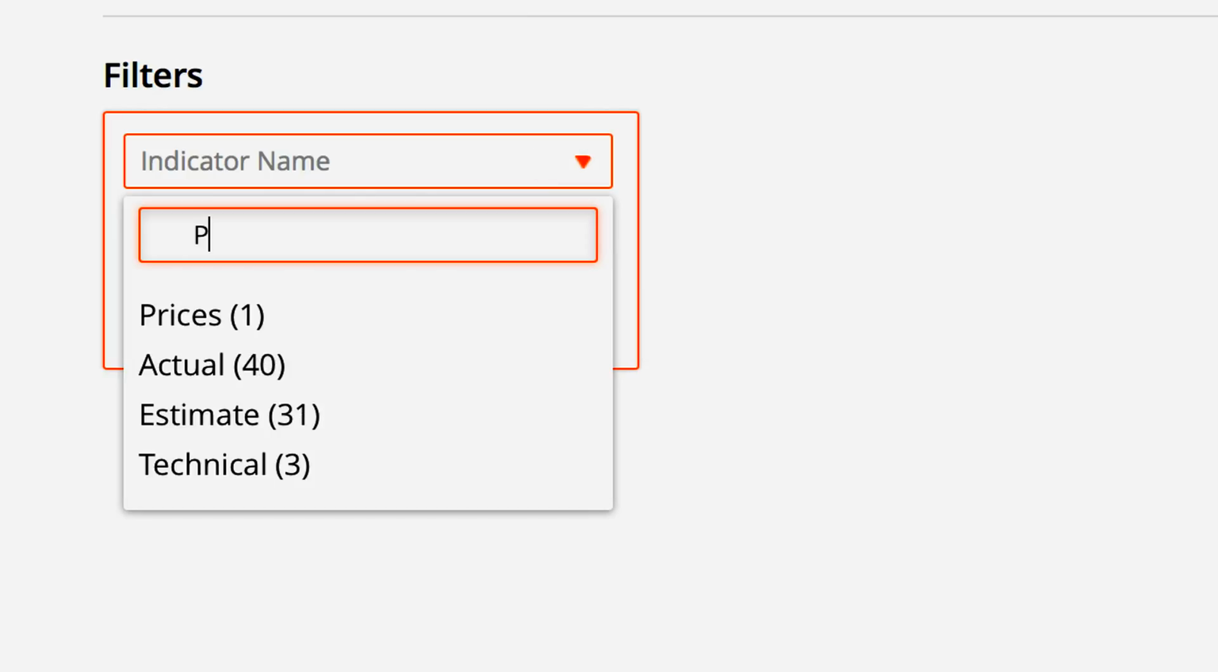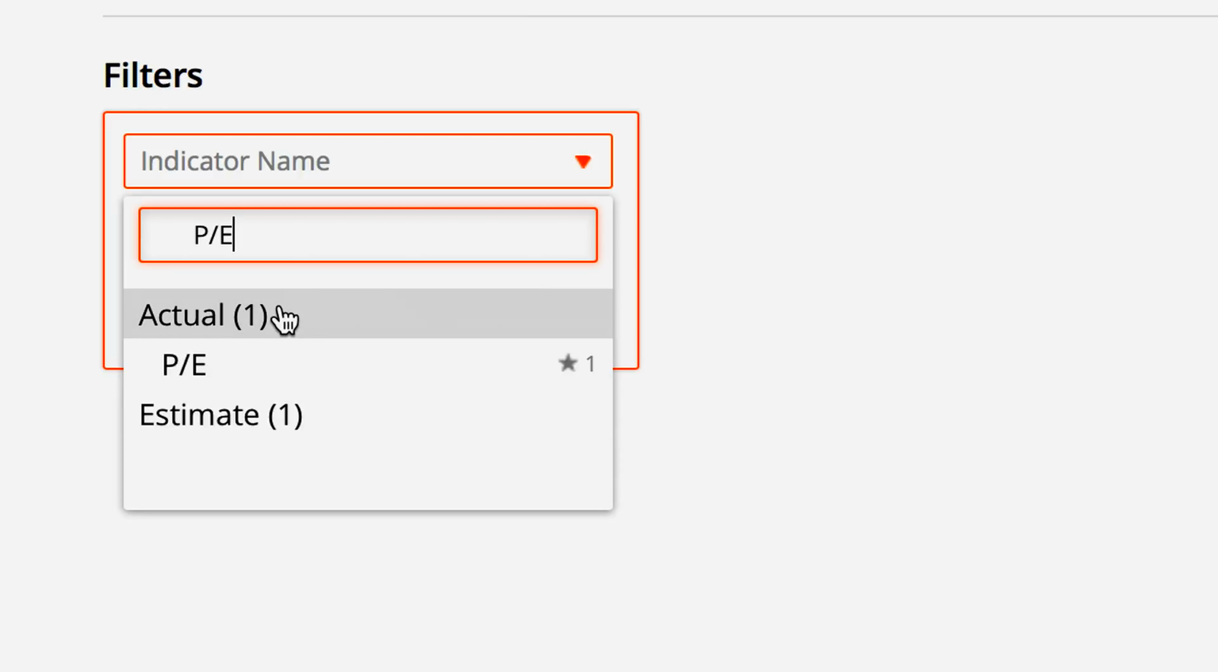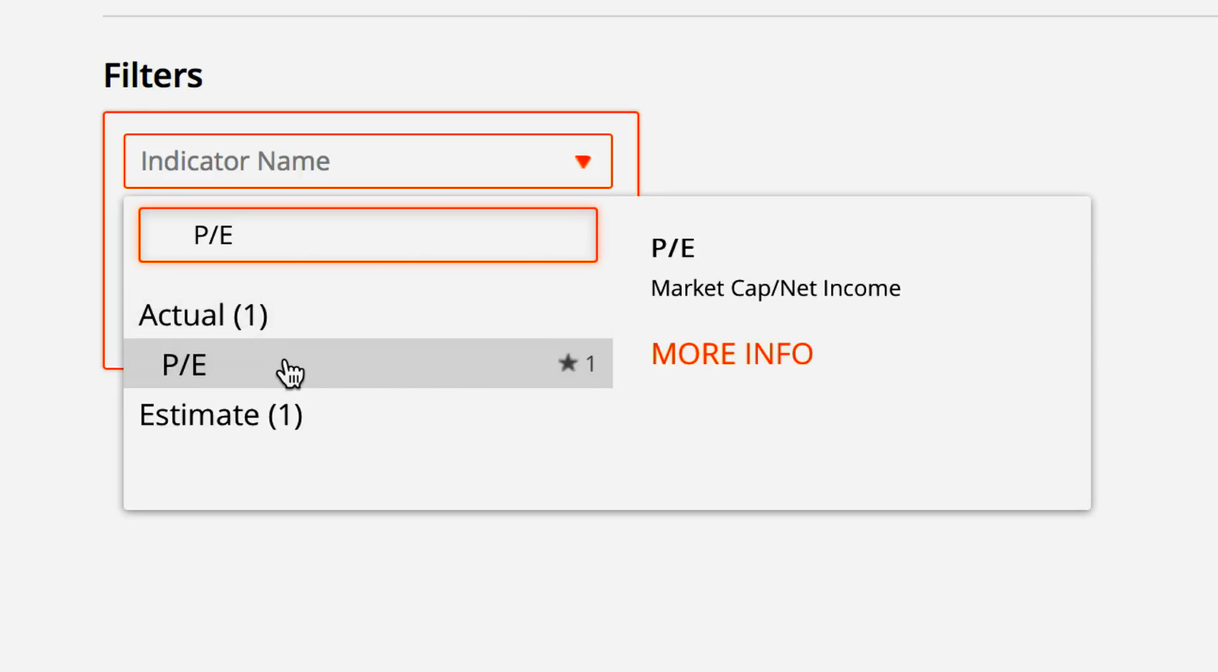Let's try to select instruments based on one of the most popular indicators, the P/E ratio. This indicator is available in 2 categories, actual and estimate. The difference is that the actual category uses data from the company's latest report, while the estimate category uses data